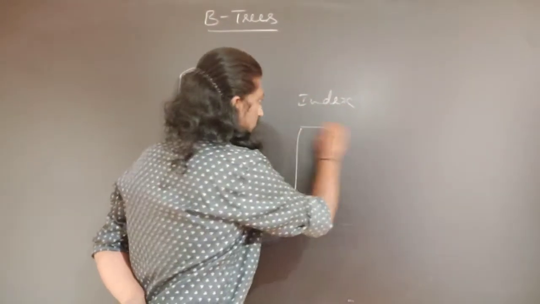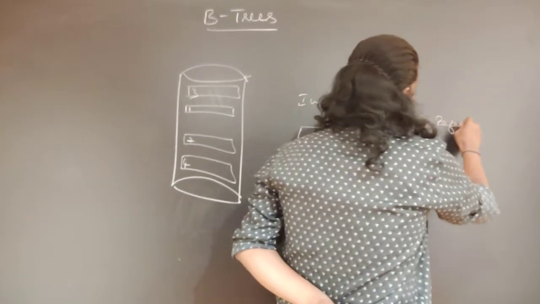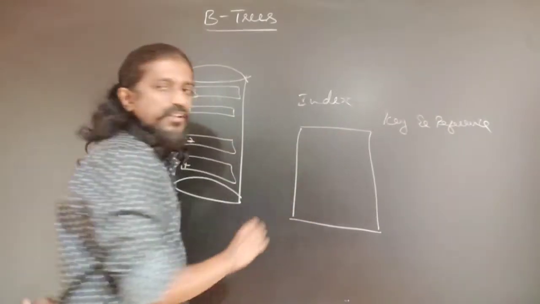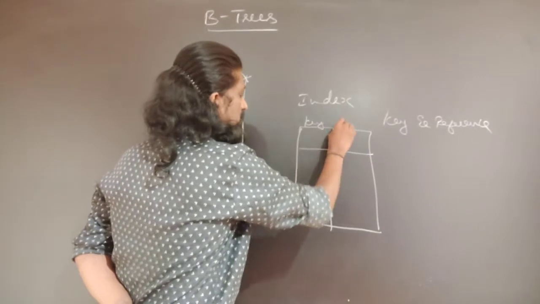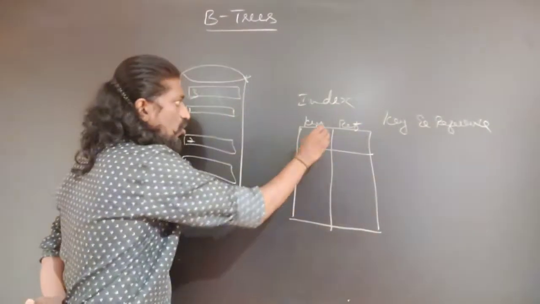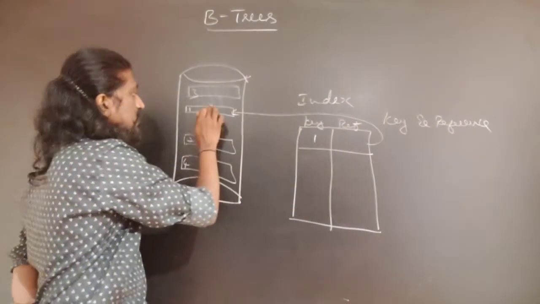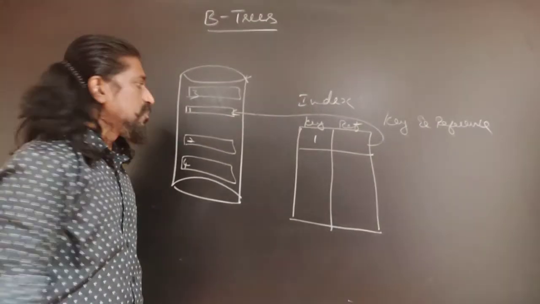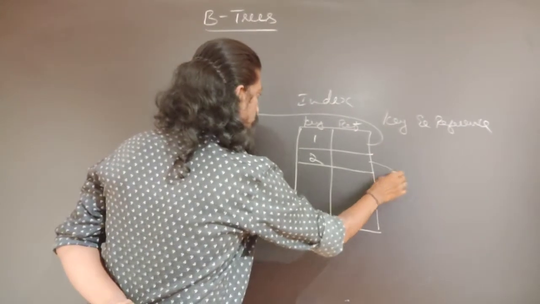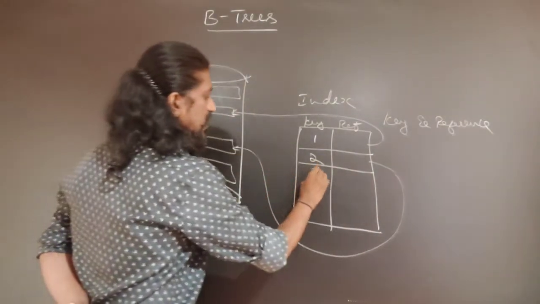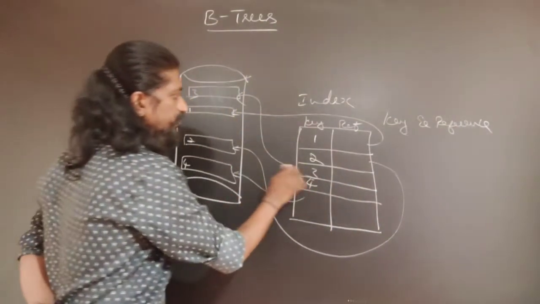So this index file basically consists of a key and reference. It is basically a key reference pair. It just tells the record with key number 1 and its address. So where it is present, it will have a pointer to that particular data record in the secondary memory. So record number 2, where is record number 2 present? It will have a pointer pointing to where record number 2 is present in the hard disk. Record number 3, record number 4. So in this particular fashion.